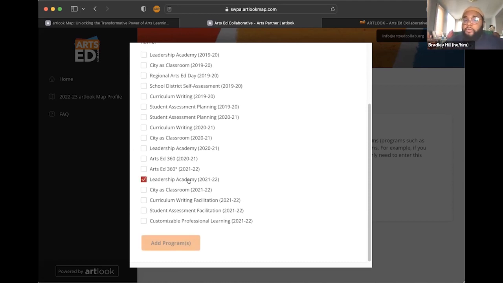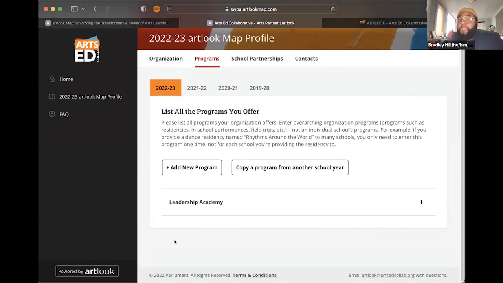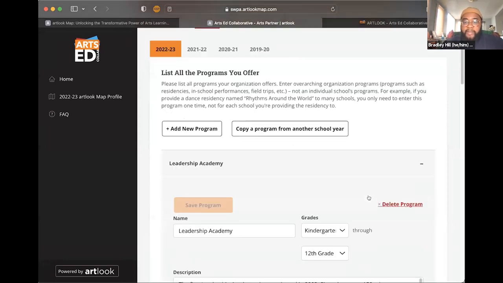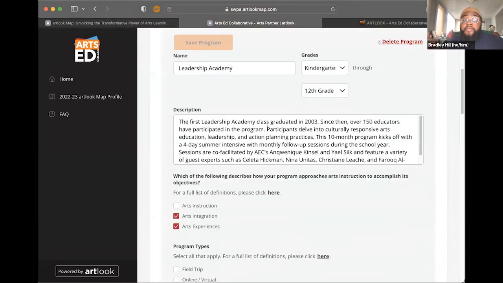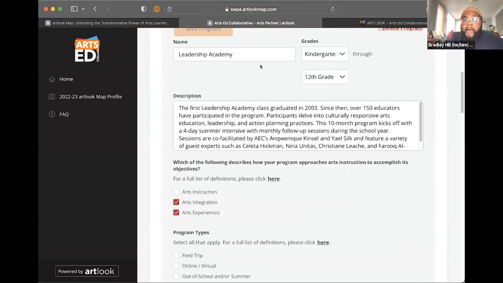I'll just do our Leadership Academy program to show you all an example of how this works. You'll add the program in, and then boom, it'll show up in your 2022-2023 program listings. And it has all the same information from our previous cycles if we go here and look at the Leadership Academy. So it'll have all the same